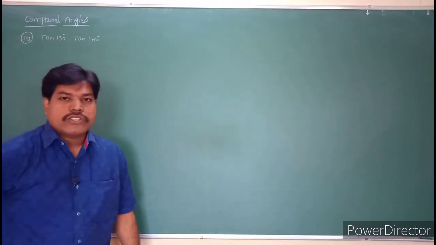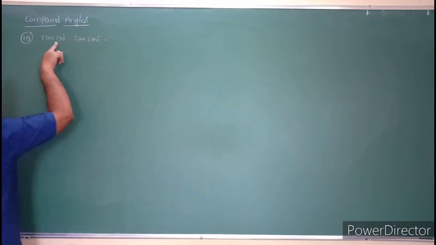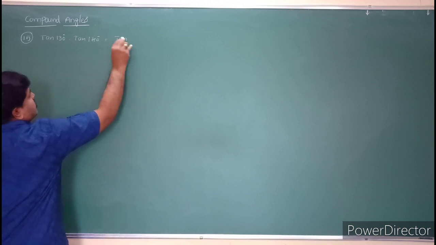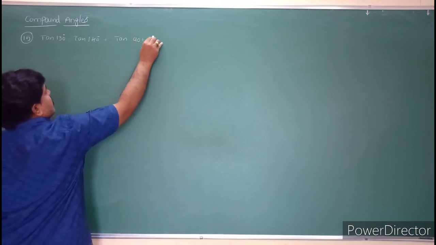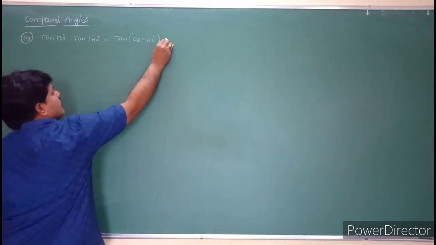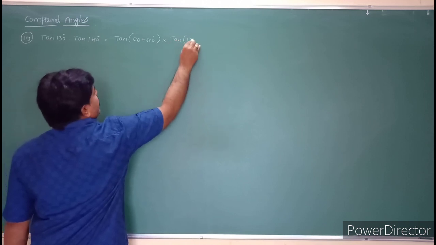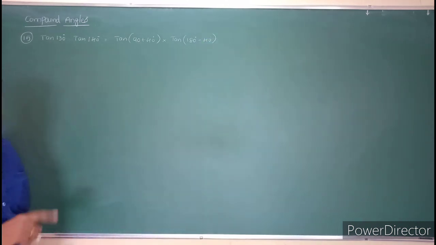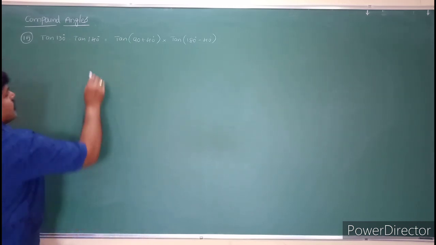So see that question, students, how to change these values. First one, tan 130 we can write as tan of, in two models I will write that, 90 plus 40. Yes sir, 90 plus 40 is 130 degrees, and also into tan 140. Tan 140 you can write as 180 minus 40 degrees. First one I have written as 90 plus, and the next one I have written as 180 minus. Okay.